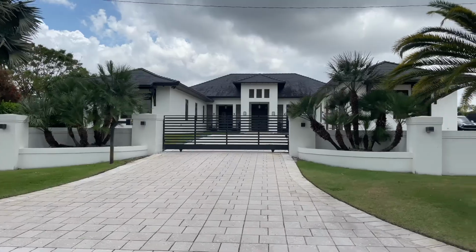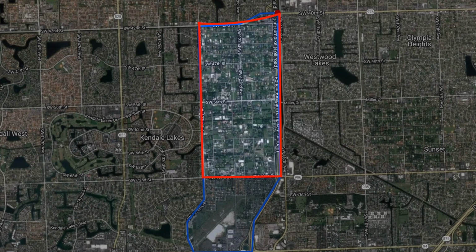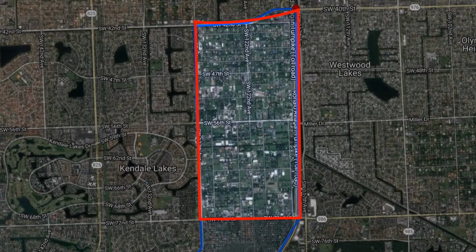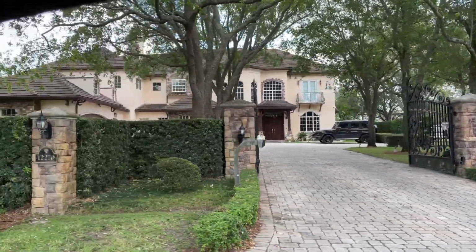And last but not least, my favorite part of these neighborhood tours, the housing. Let's talk about the types of homes we see here and their prices. So for the most part, throughout the entire horse country neighborhood, we'll see predominantly single family homes. And these estates in the top main chunks of horse country are almost all sitting on at least 1 acre lots, if not more. A number of them also use part of their land for their horses and their stables